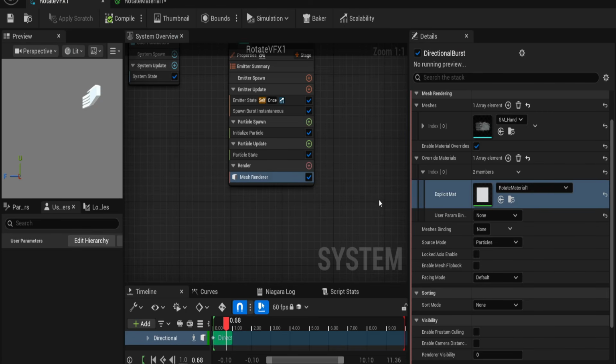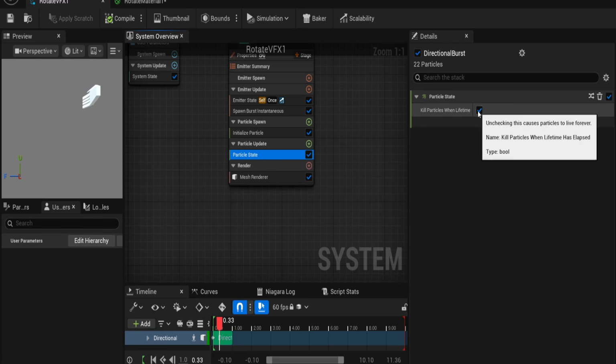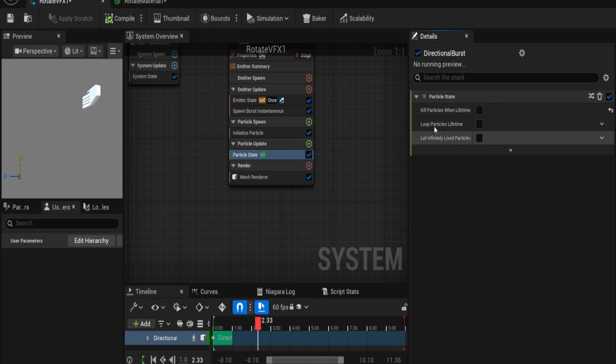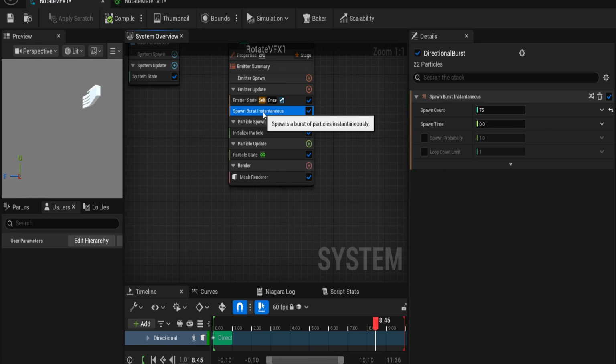Then just resave this and it should fix. Next up, you want to go to the particle state, turn off kill particles, and turn on the loop particles in lifetime. Then in the initialized particle, we'll change the min and the max to 1, and then go to spawn burst